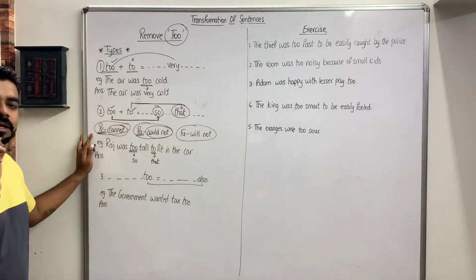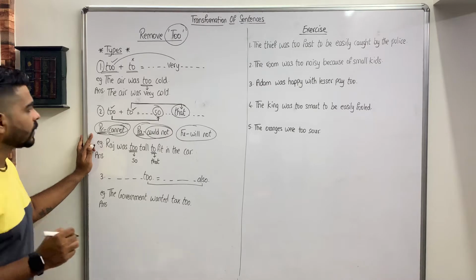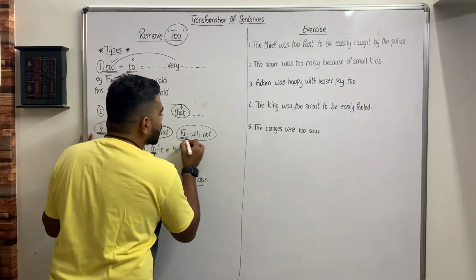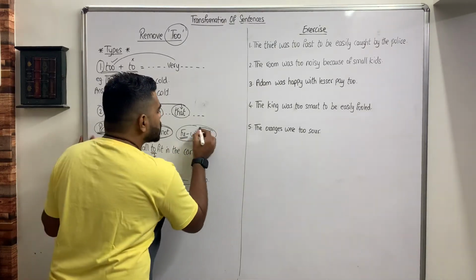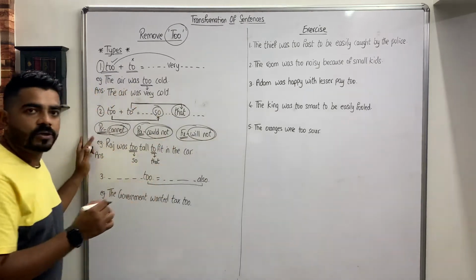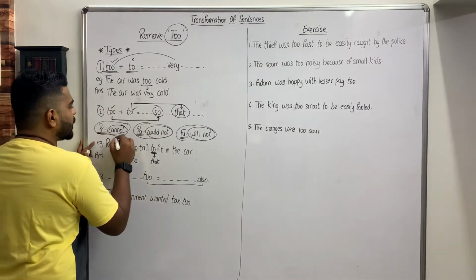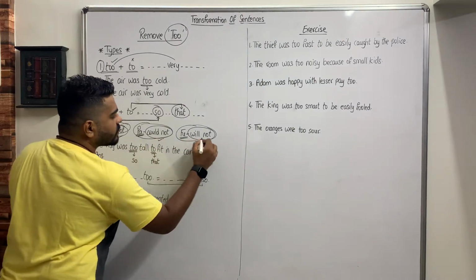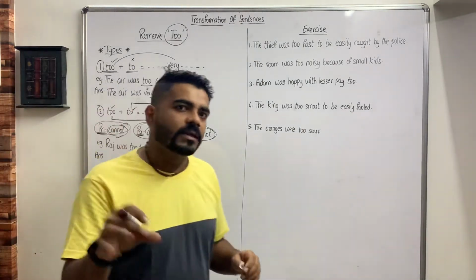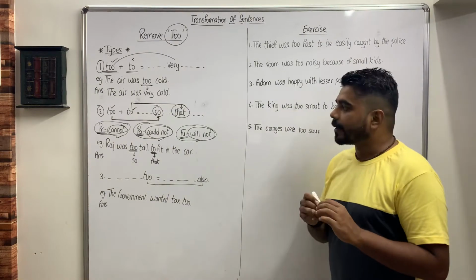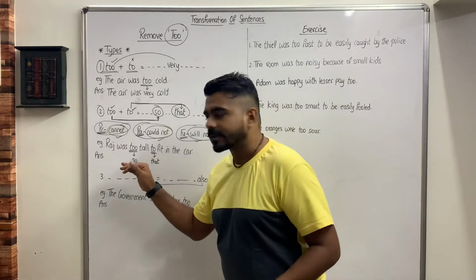You'll add the words could not somewhere in your answer. And if the question is in the future tense, you'll add the words will not somewhere in the answer. If the question is in the present tense, cannot; past tense, could not; future tense, will not. Somewhere in the answer, meaning wherever it is suitable. Remember the tense, very important.